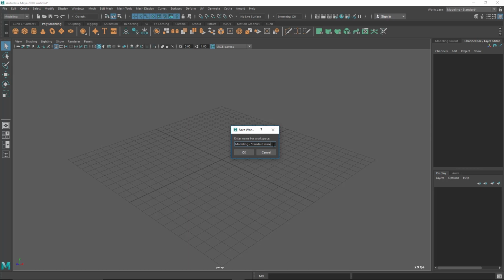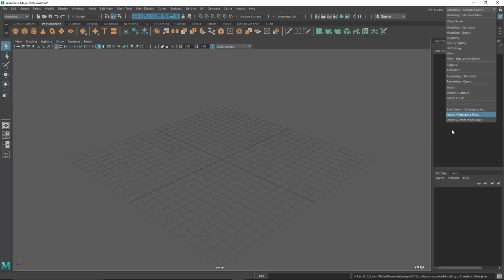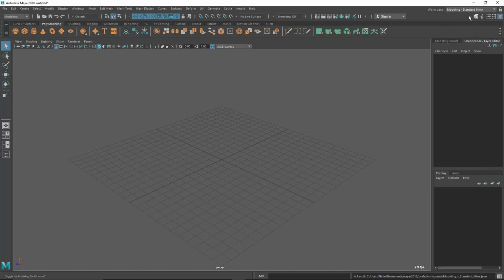mine, let's add something there. Let's add mine. Okay, you'll get it here. Now we have 2 modeling standard. One is the default Maya modeling standard, and the other one is our created one here, modeling standard mine. So modeling toolkit, channel box, layer editor. Okay, so yeah,